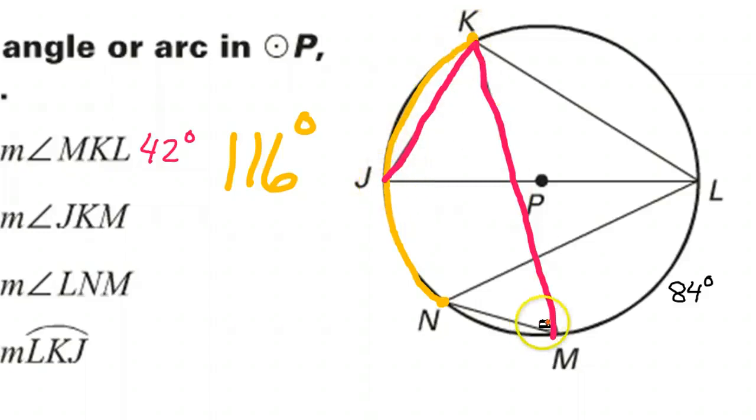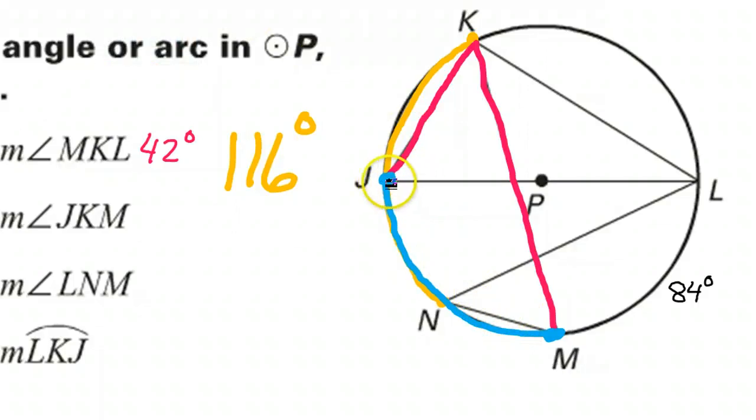The pink angle is our target. Like we've done several times before, look where it touches the circle. So this is the intercepted arc. If only I knew what the blue arc was, I would know that the inscribed angle should be half that. Now, I don't know what the blue arc is. However,